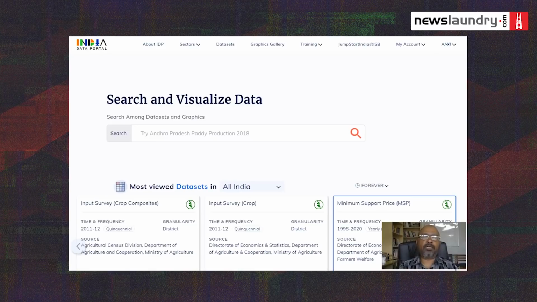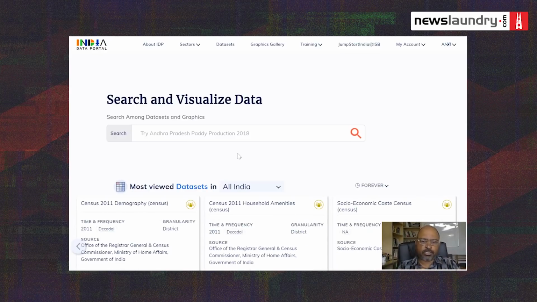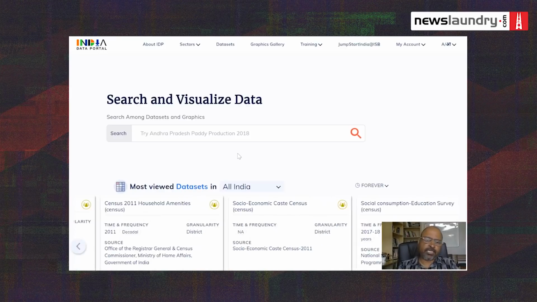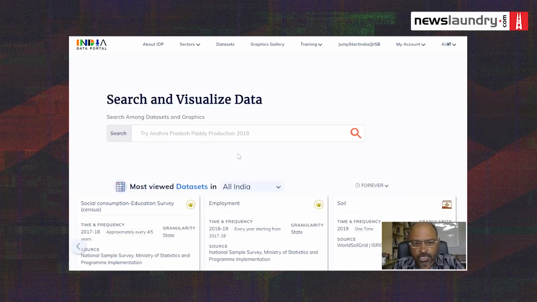For example, we have data on land holdings, and this data is available, of course, in multiple dimensions, but one of the very important dimensions is scheduled tribes and scheduled castes.